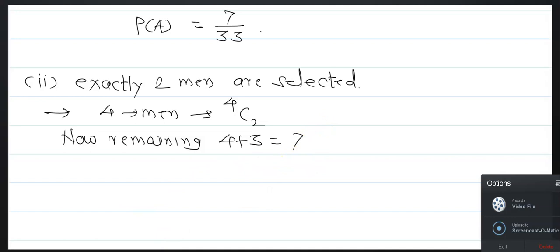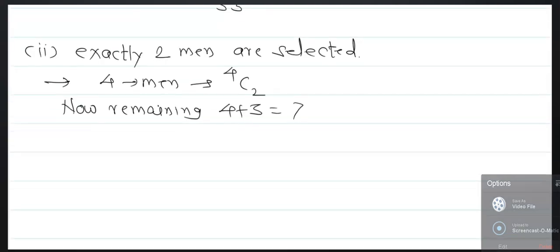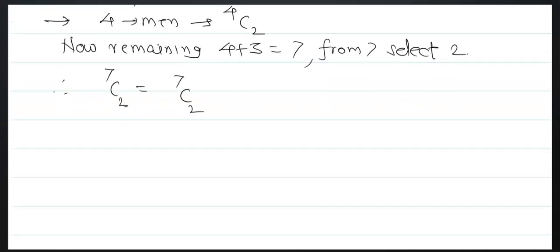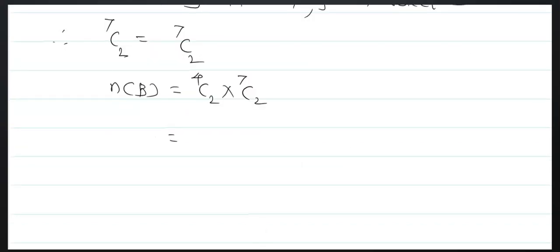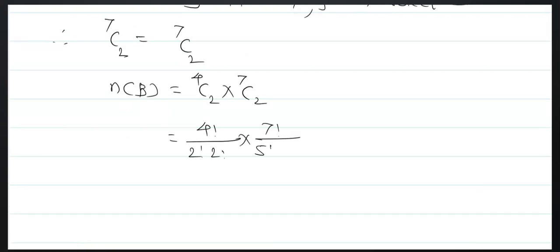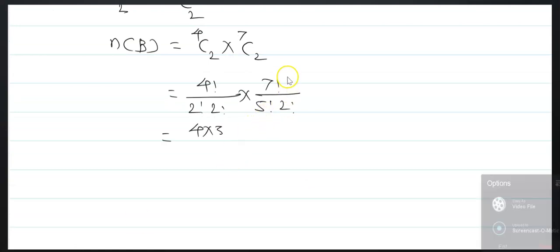And from these 7 we can again select 2, that is 7C2. Therefore, n of B is equal to 4C2 into 7C2, and 4 factorial upon 2 factorial into 2 factorial, 7 factorial